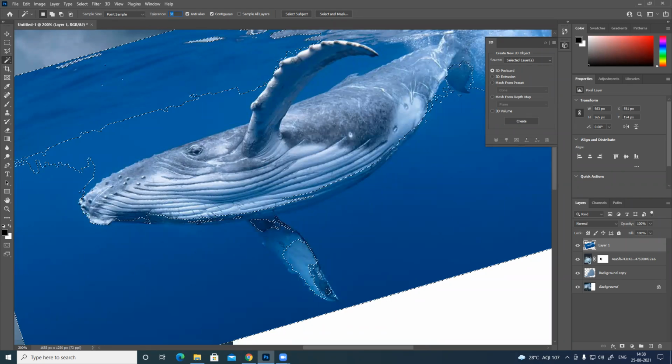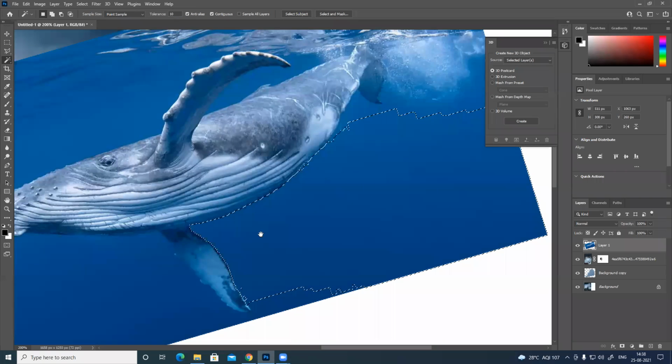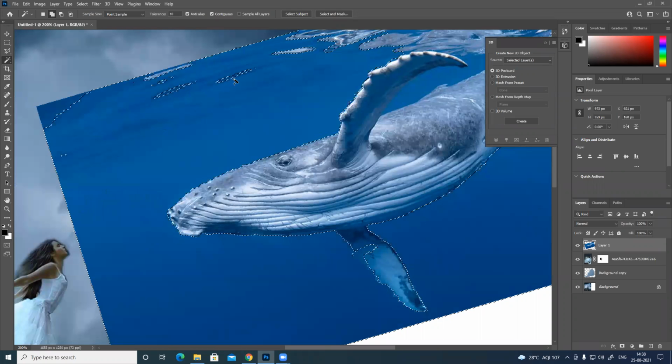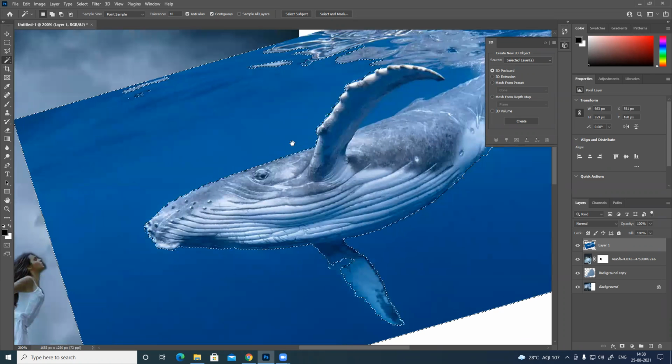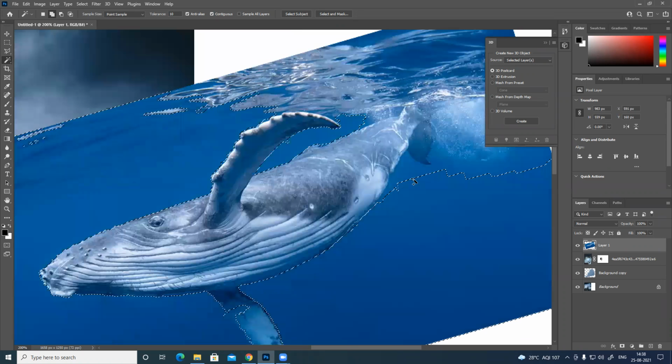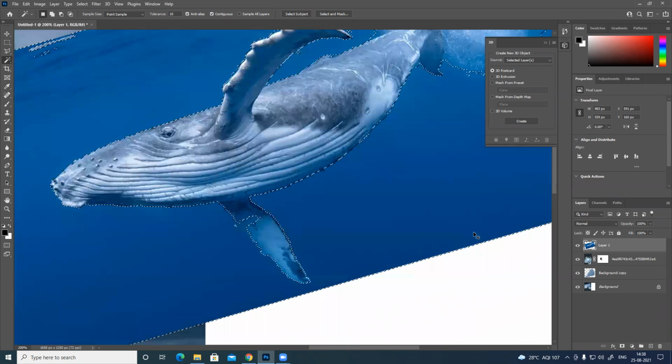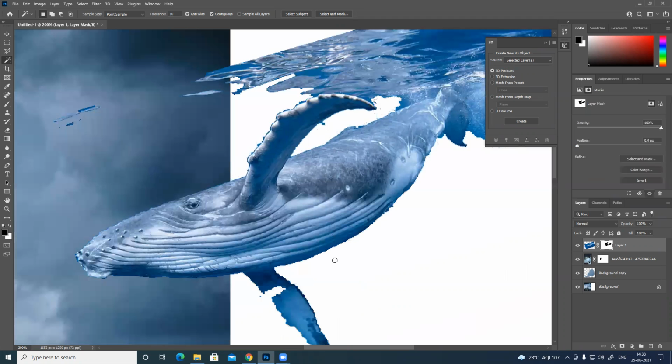So to 2, let's go to 10. Invert, or just mask it.